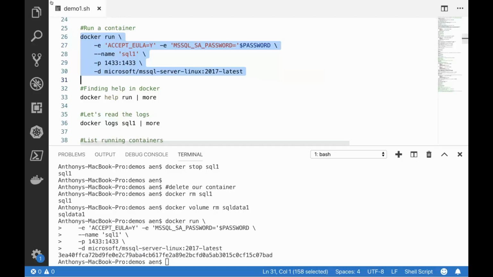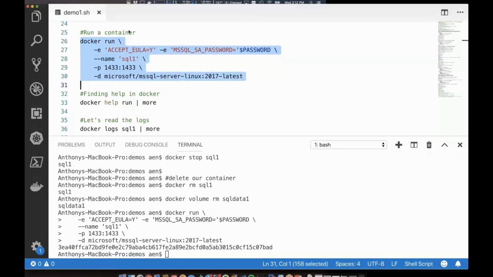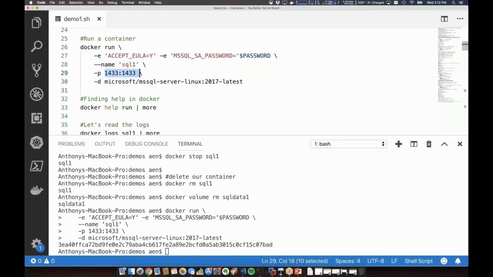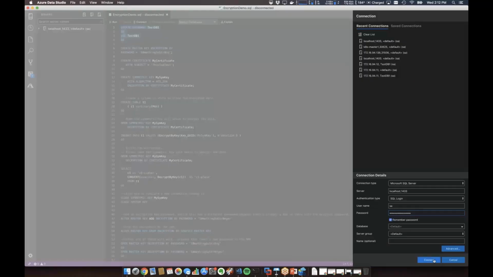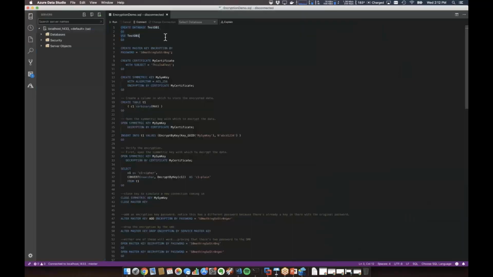Yeah, exactly. So here, if you look, I'm still presenting. I just spun up that container on 1433. Let's go ahead and bring up Azure Data Studio here. I actually did this yesterday. I had to do a bunch of troubleshooting on an encrypted column issue for a customer. Let me go ahead and grab the SA password, connect. And there you can see I'm connected in Azure Data Studio to the Docker container that's running on the system. So this effectively would be over the network, even though I'm pointing at localhost. So this could be anywhere on my local network or anything that's IP reachable to get to this machine, I should say.